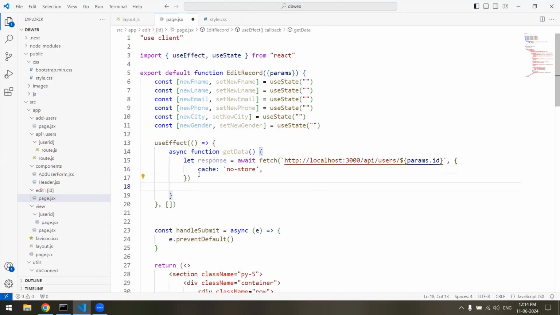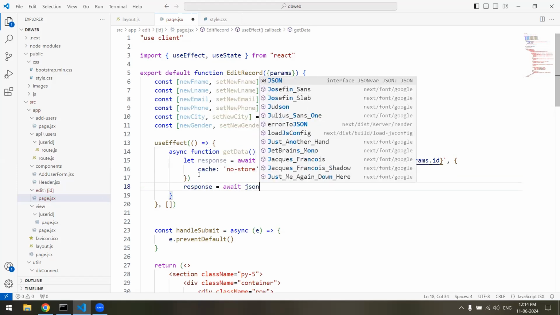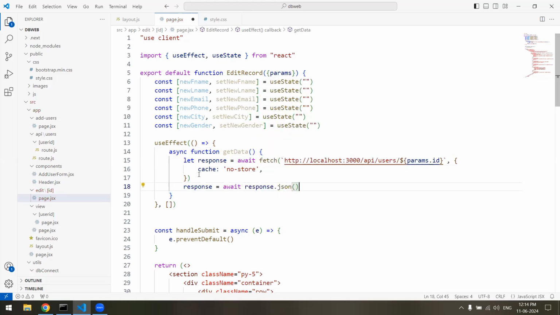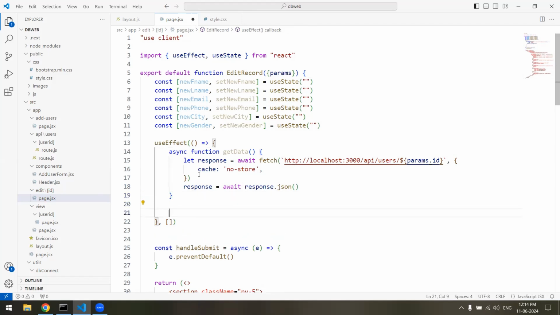And now we'll convert it into JSON data. Response is equal to await response dot JSON. And now we'll call this function get data,